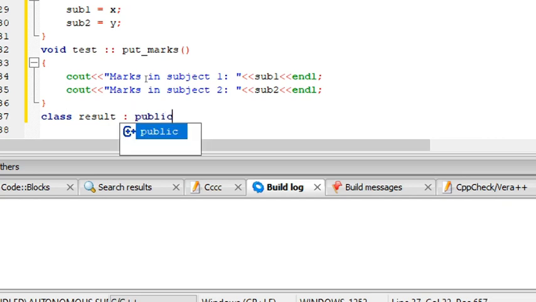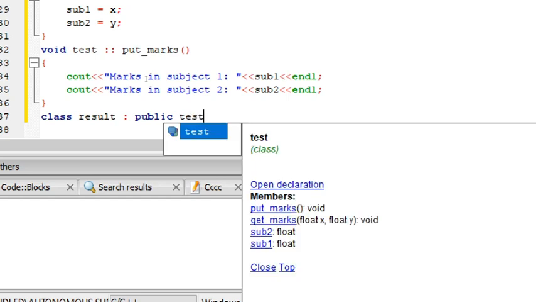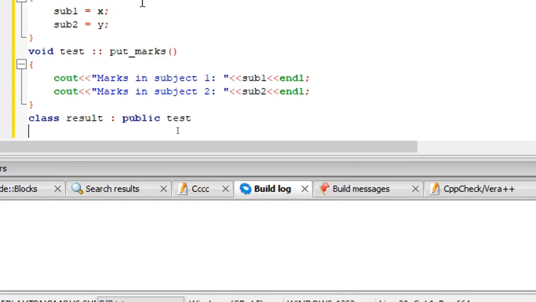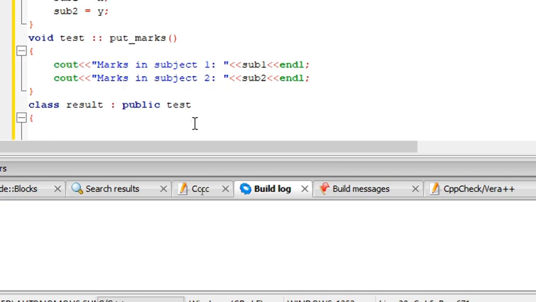So public, my intermediate class name is test. I'm using this test here, and if you use test comma and public again student, that's going to pass an error. Multi-level does not support it in that manner. You have to use another type like hierarchical inheritance or multiple inheritance. You have to go like that, but multi-level always works in this order.